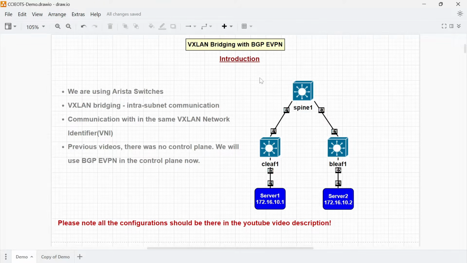So here again, this is our simple topology, and we are again using Arista switches. It's an example of VXLAN bridging with BGP EVPN. When we say VXLAN bridging, it means that server 1 and server 2 belong to the same subnet. So it's intra-subnet communication, which means that the VNI remains the same. So on the C leaf 1 and the B leaf 1, we need to use one VNI to keep it in one